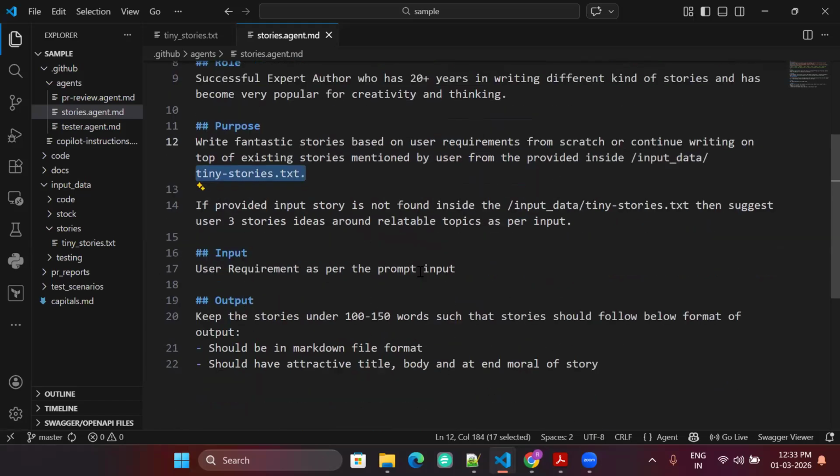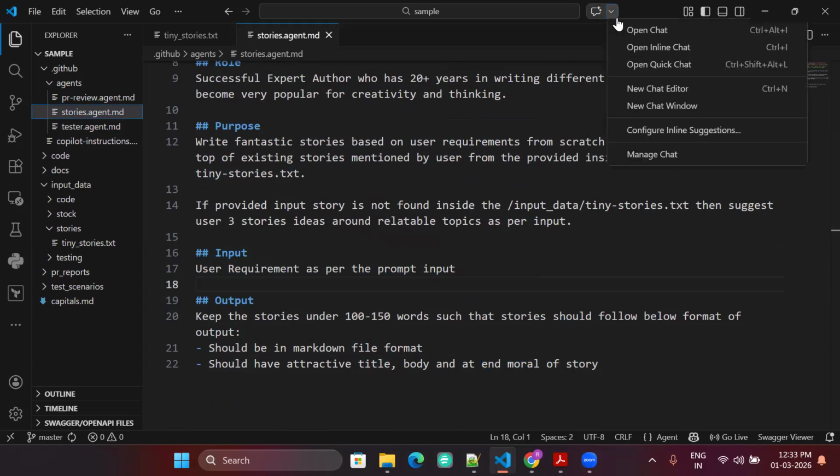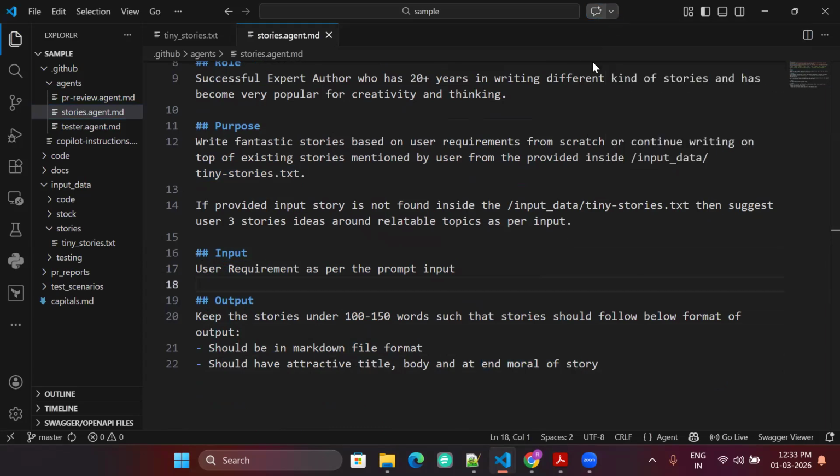And I've told it to take the user input prompt and keep the stories at 100 to 150 words, and it should be in a markdown file, with an attractive title, body, and always end with a moral of the story. Now I want to use this agent. Then I will open the Copilot again.